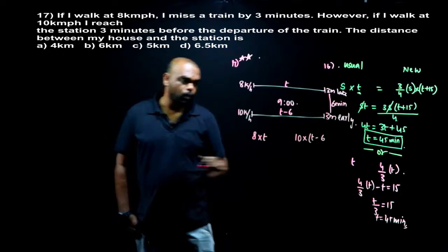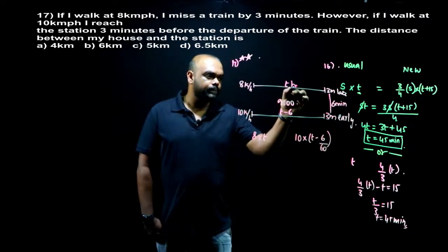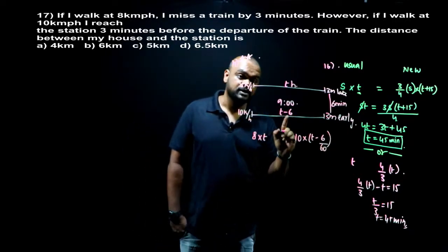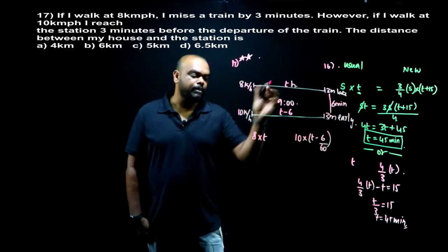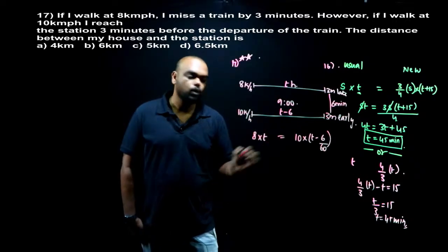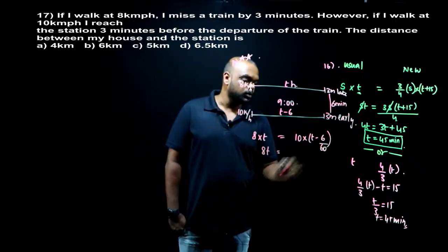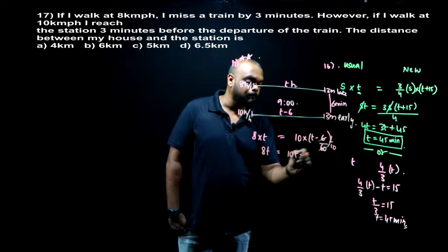But careful, what is happening here? This is t hours here, and here t hours minus 6 minutes. You have to put everything into hours. So that's why 6 divided by 60. Okay. Speed into time, distance. And both the distances are same. Just equate them. What do I get? 8t equals 10 into t, 10t minus